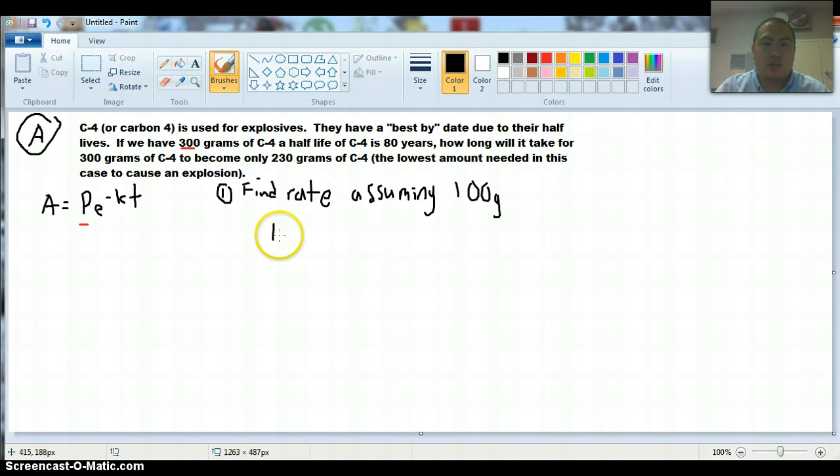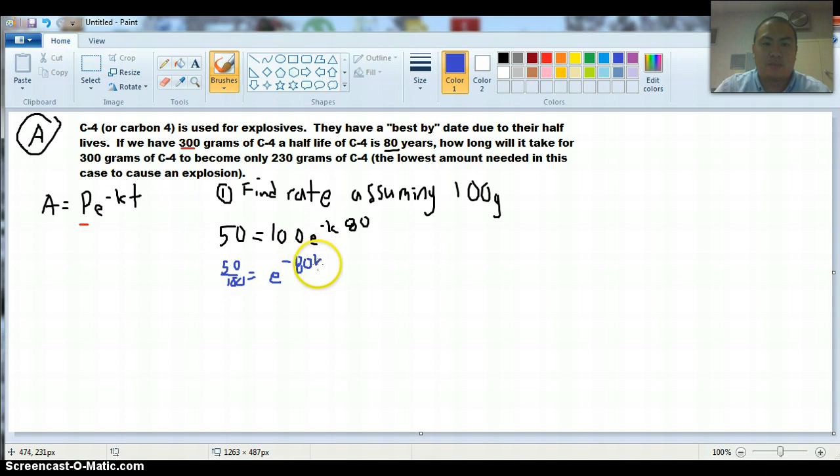So 100 is my starting amount. Then I have e to the negative k. I don't know the rate, but I do know the time. In this situation, I am going to consider one half-life. It says that half-life is 80 years. So right here, I know this is 80 years. If 80 years passes, and originally I had 100 grams of C4, how much do I have now? 50, right? So I have 50 grams, and now I can just go ahead and divide. I'll switch over to blue to show my next step. It's 50 over 100 is equal to e to the negative 80